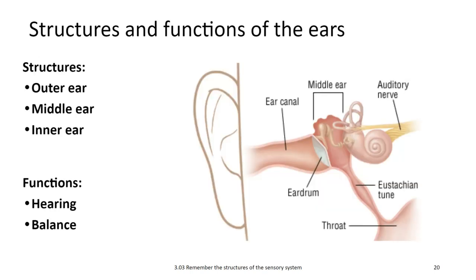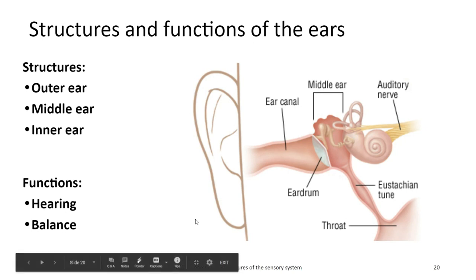Okay, so structure. Just so you remember how in the skeletal system, it's axial or appendicular, and everything in your body is thoracic or abdominal or whatever. We love sections of things in anatomy. So everything in the ear falls into either the outer ear, middle ear, or inner ear. And you've probably heard that someone has a middle ear infection or something like that, or inner ear, sorry. So this all is outside,